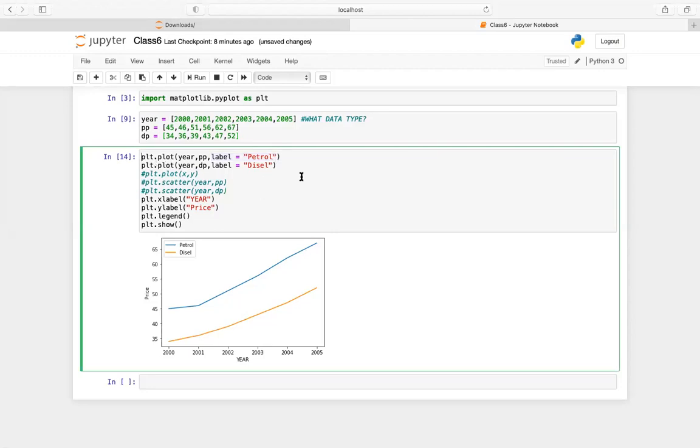The same thing you can do for the scatter plot also. So if you want to label here, let's say label petrol and label diesel.